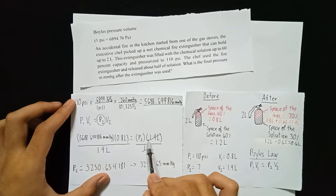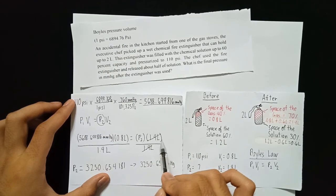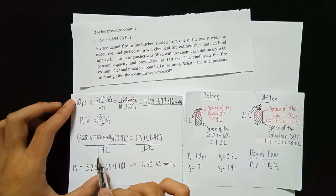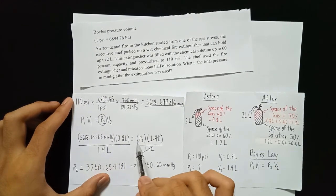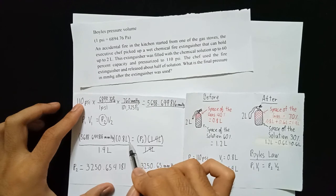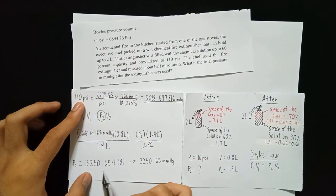Now, for you to isolate P2, you must cancel out 1.4 liters, which is what I did here. I divided it by 1.4 liters. Then whatever I do here, you must do to the other side, so no value will be added or subtracted from the total equation. Now when I put this into the calculator, I will get a final pressure, or P2, of